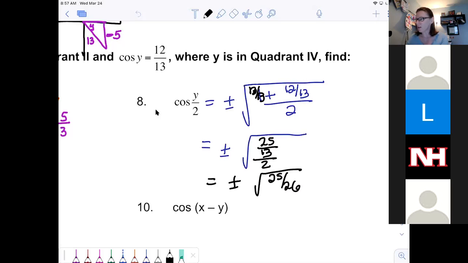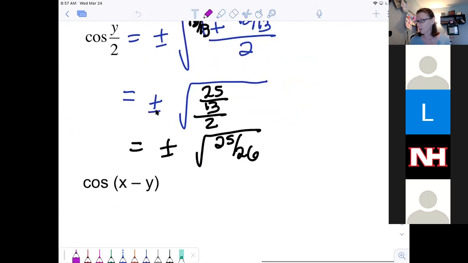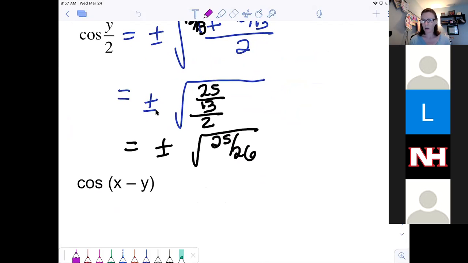So I first started this. It's asking for the cosine of the half angle. And I replaced the formula and I used cosine, which is 12 over 13. And I did a little bit of simplifying up until the point where I have plus or minus root 25/26. So if I continue to simplify that,